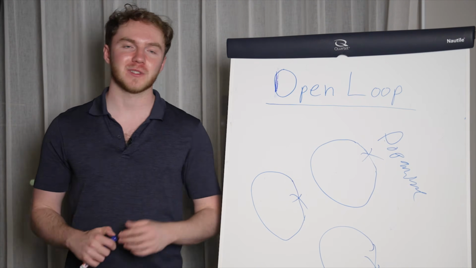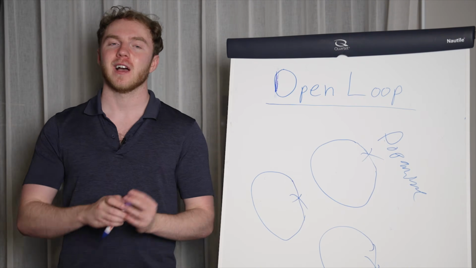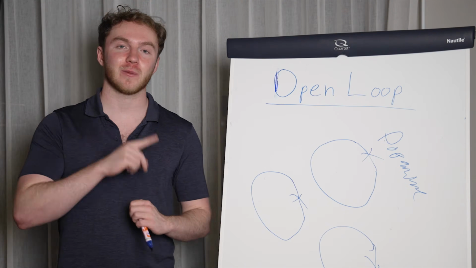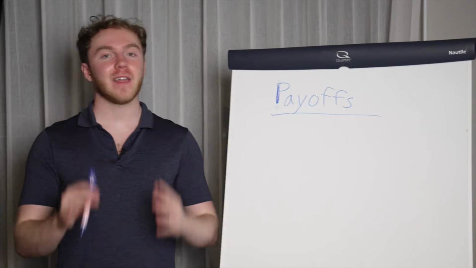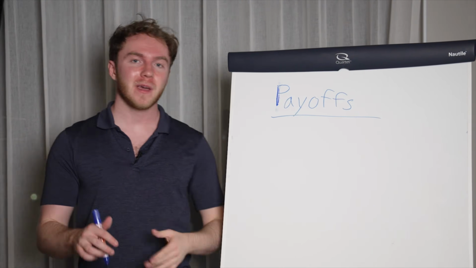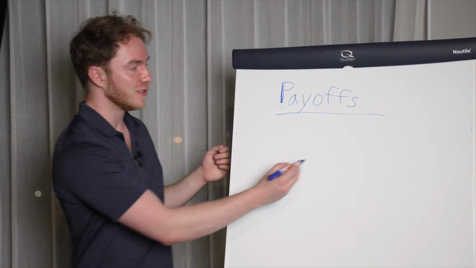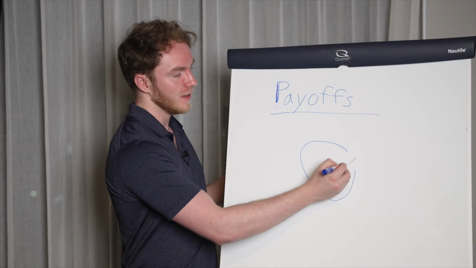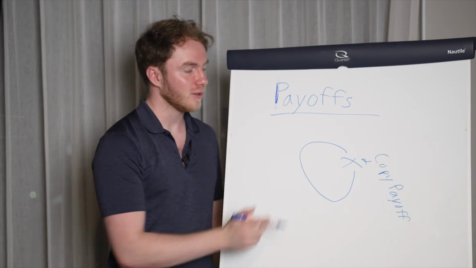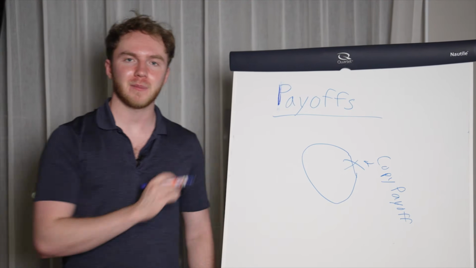Whereas if you close the loops, they'll be like, okay, I know exactly what I need to do. I know exactly where I need to execute, and I know exactly where I'm going to be after this video is done. And this is why we use payoffs. A payoff is simply answering the question that you opened in the viewer's mind. So this is the copy payoff. And when you close it, boom, copy payoff.